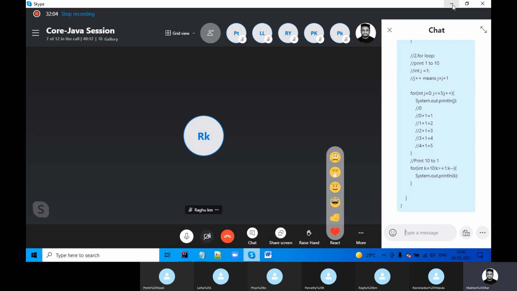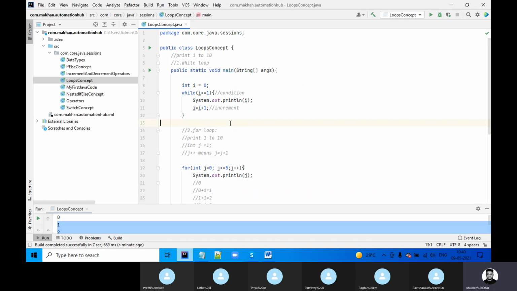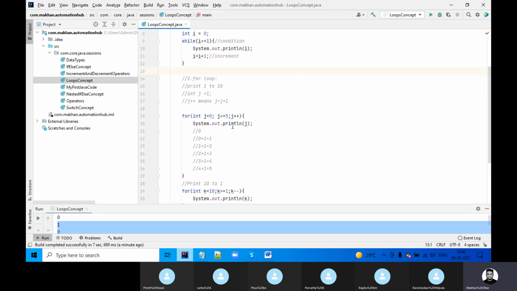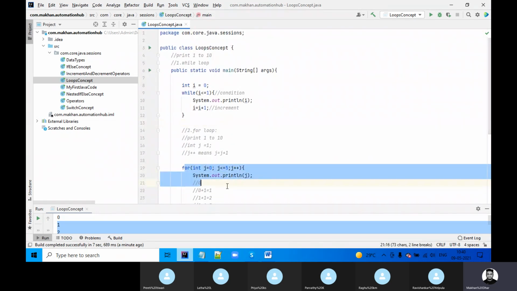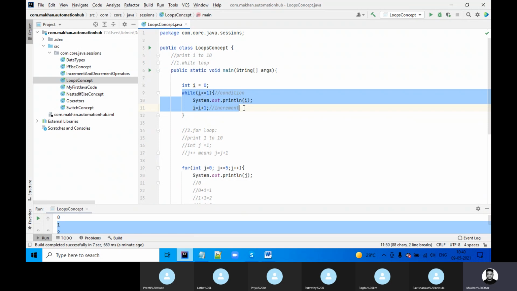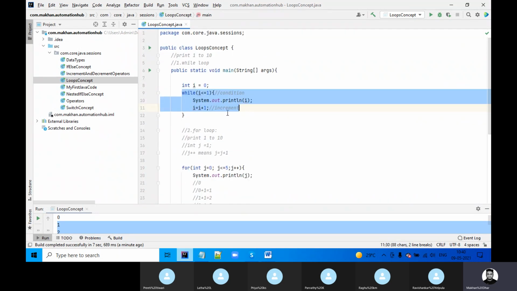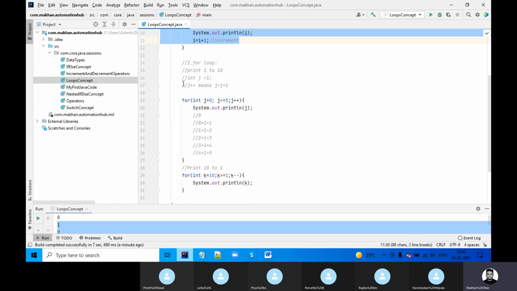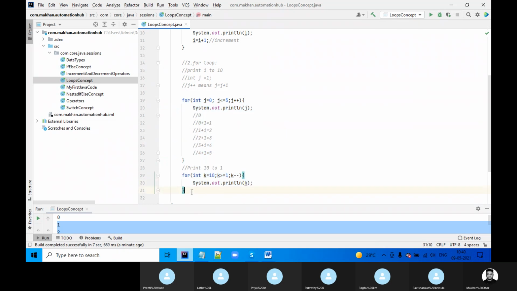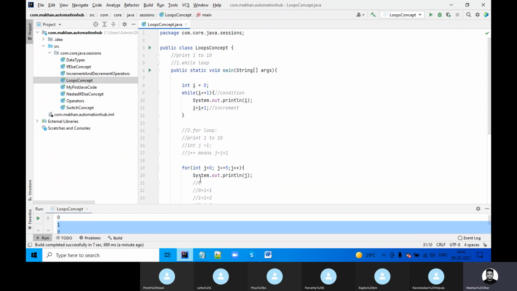So any question so far for the loop, while loop? So mostly we use this in Selenium. In Selenium, most of the time we use the for loop statement, and sometimes while loop also, but rarely. It's based on the scenario, based on the requirement. If I think while loop is enough, then we just go with while loop, otherwise for loop. So Ravi, is there anything you want to add for the loop concept?